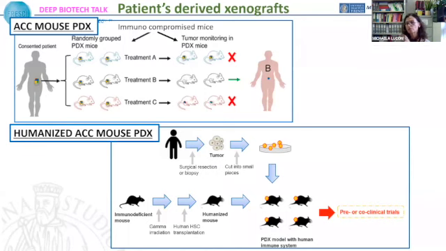Another type of mouse xenograft is the patient-derived xenograft, which can be obtained by grafting not ACC cells from a cell line, but ACC fragments, so tissue from a patient, or ACC cells obtained from a specific patient. They're particularly useful to test the response of that specific tumor to the patient's therapy before using them on the subject